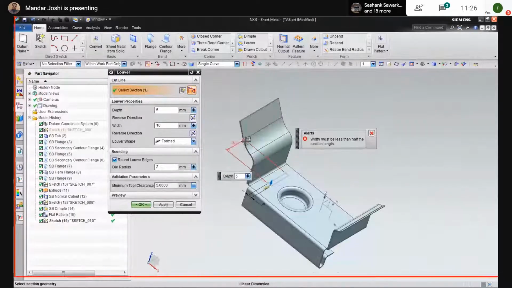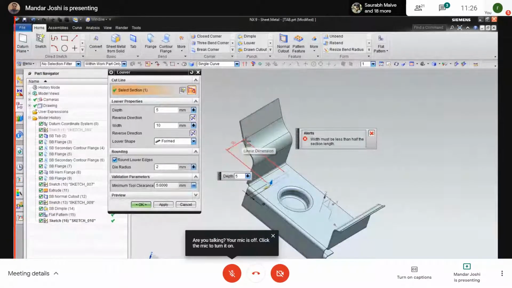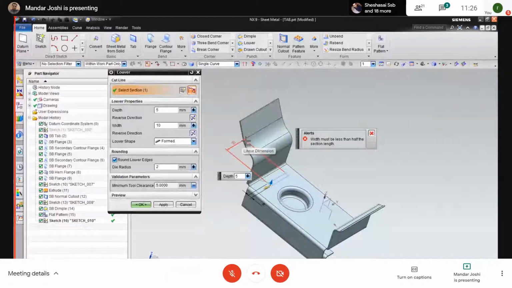It is 50. Okay, width must be less than that.